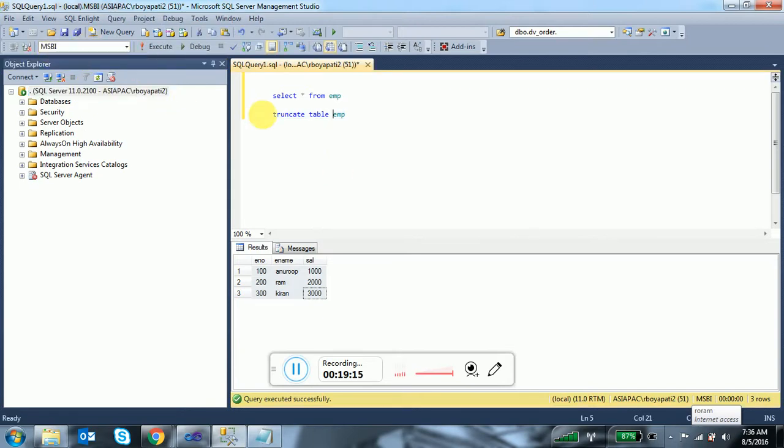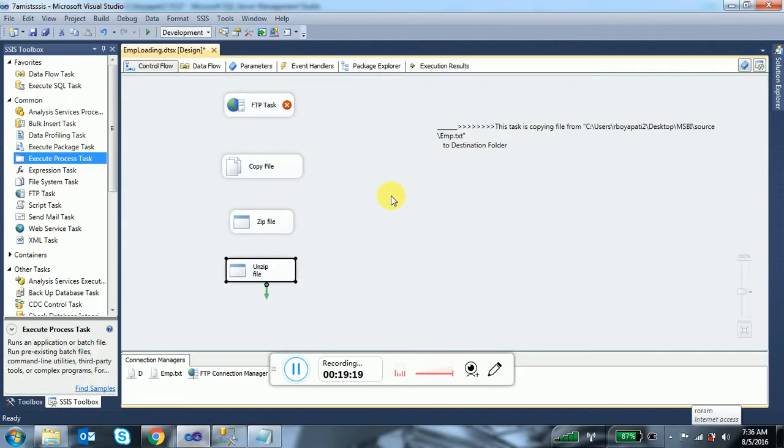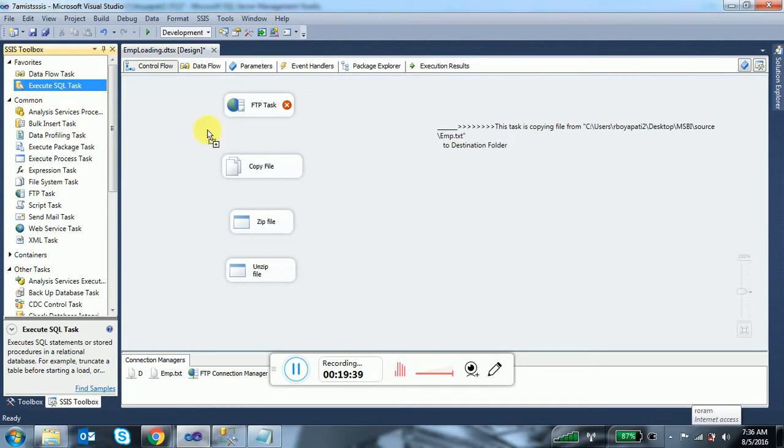Execute SQL task. This execute SQL task will execute any kind of SQL statements, whatever you execute inside SQL Server Management Studio. But we have to put the query in this, right? Yes, the connection information and the query you have to put inside the execute SQL task. Okay, so I'm going to configure this execute SQL task.